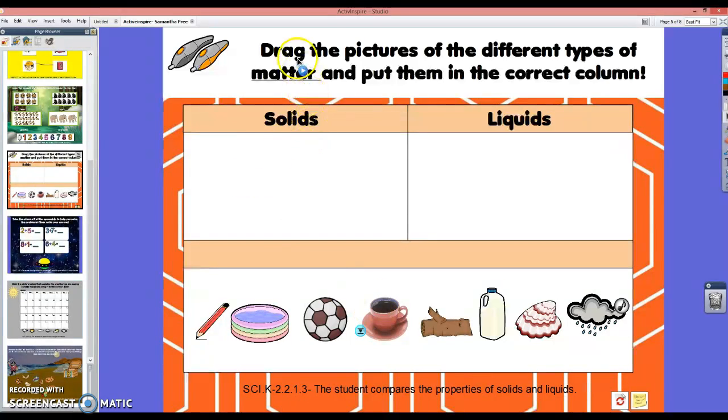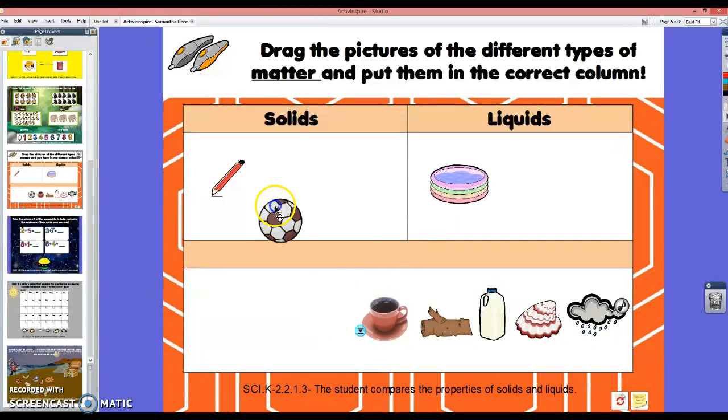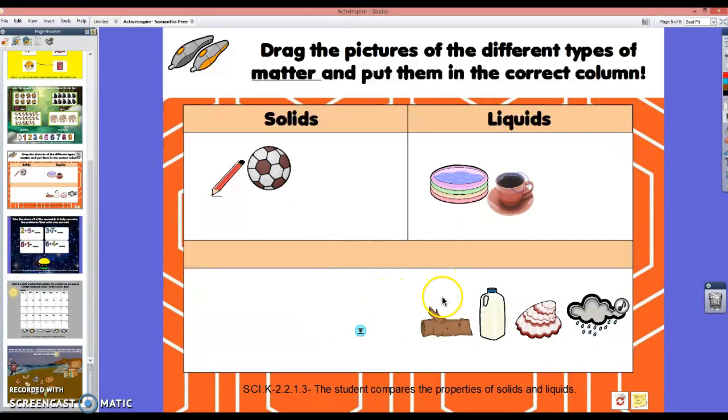Going on to the next slide, this is about science, and this is about matter. Here I have a video where you can click it, but it will shut off my screencast if I do that. So this is just a video explaining what matter is to the students in kind of a fun way. So the student would just grab these and they would just sort these. So you're just clicking and dragging, sorting from solids to liquids,